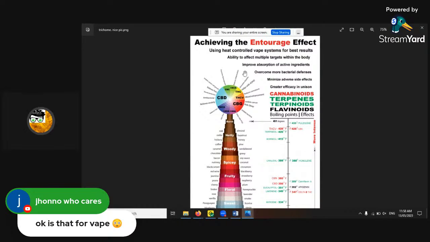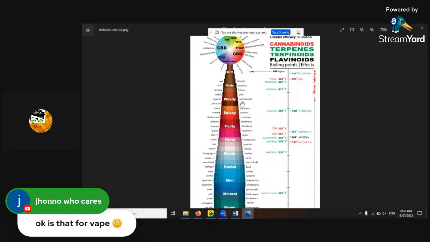Achieving the entourage effect. That's the mixture of the cannabinoids with your terpenes and flavonoids. So the mixture of those two together gives a different outcome. So if you've got very high dominant terpenes, if it's terpene profile, say 5%, which is really high, that means you've smoked it around that time that it hasn't aged enough, and the post-harvest operations have been preserved, so you still have 5%. It would test, say, 2 or 3 months afterwards. That's going to give you a different entourage effect to if it had a very lower terpene percentage.